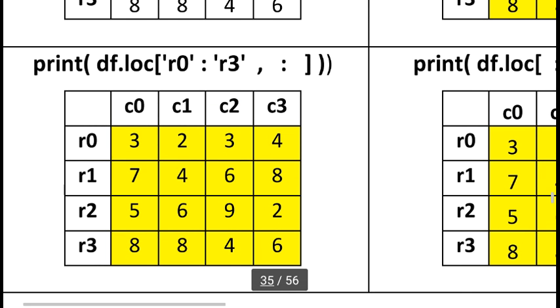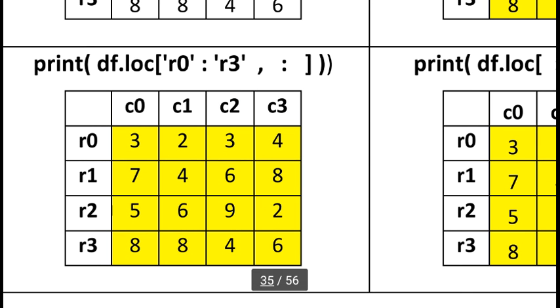So using this df.loc you can see I have selected the complete table with the help of the slice operation. Directly we can write df only, and it will also return the same result. We can also use df.values, and it will return the same result. But using a slice operation we can use this style to get the same result.